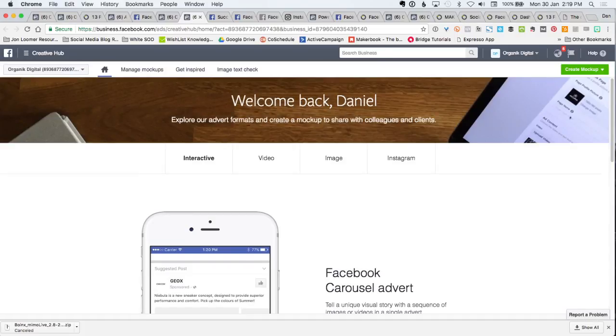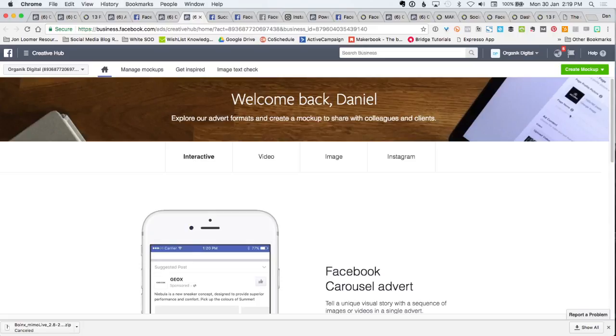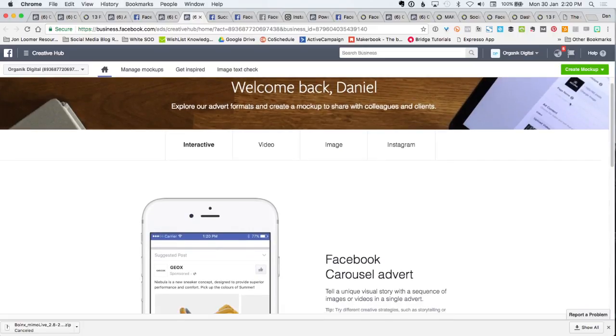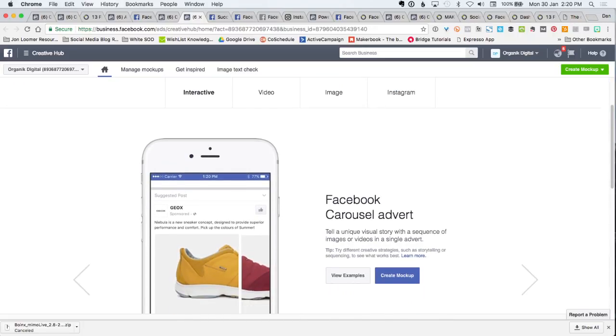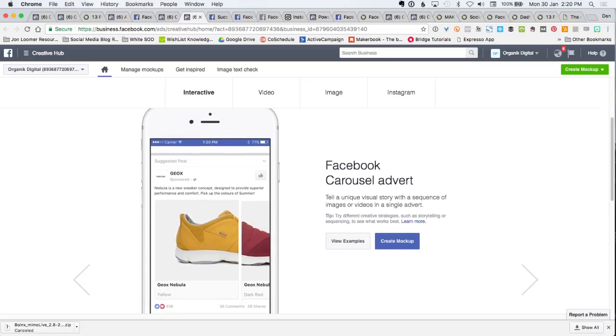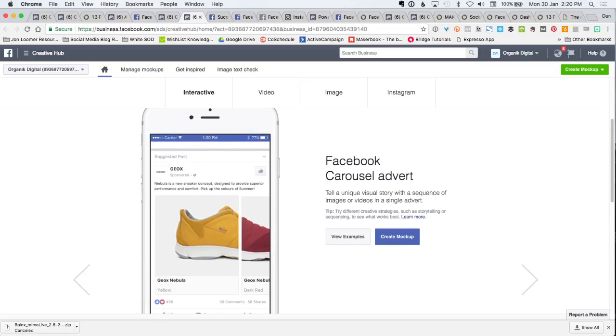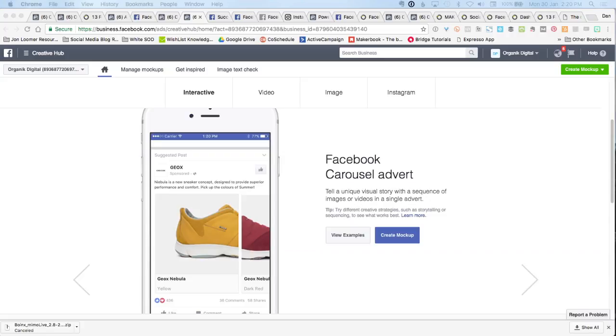So Creative Hub is actually really interesting, where you can create different mock-ups of advertisements, and you can test what works and what looks good. You can test different copy, and it's good if you work in a team and you want to get some feedback from them on potentially what they think of that advertisement, whether you need to get it approved, etc. It comes with a unique link that you can automatically share to them, and they can view on any device as well. You can send it to their mobile device as well,